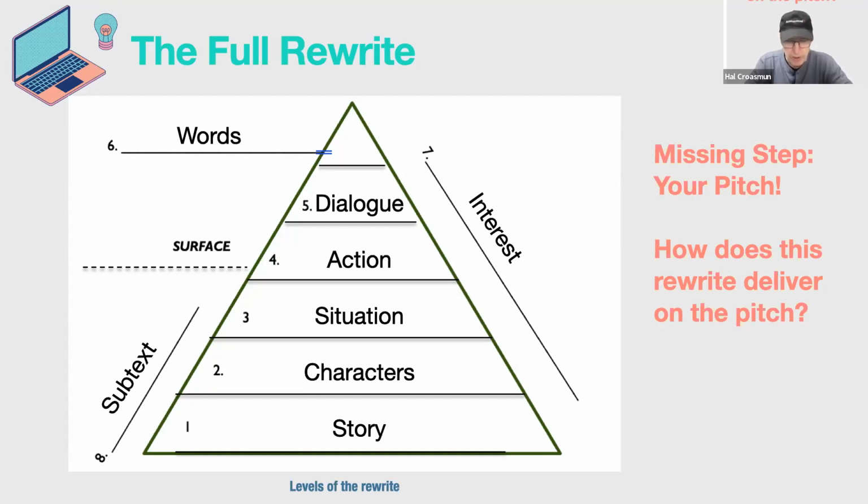What I learned to do, and I was working with a professional writer at one point, we had a project that we had gotten into Comedy Central. We had what looked like a deal with them. We were doing rewrites, and we were on draft 3, and he comes back and he said, "Let's create our pitch now." And I said, "The script isn't ready." And he goes, "I know. That's why we need to create the pitch."